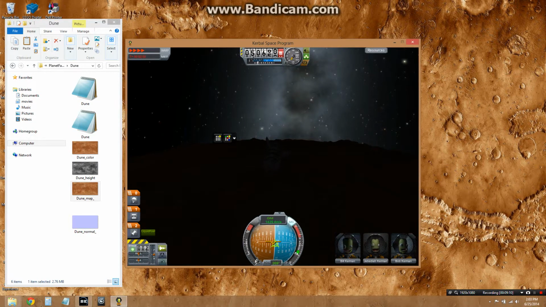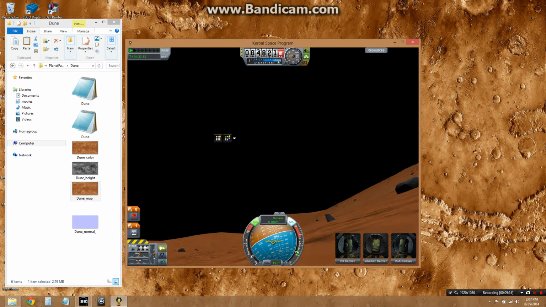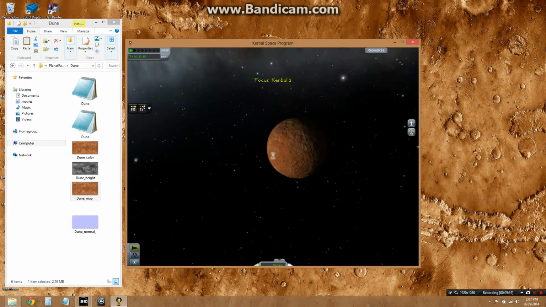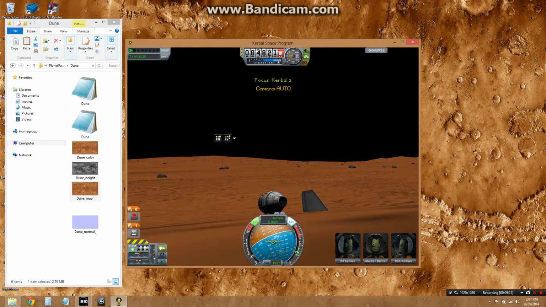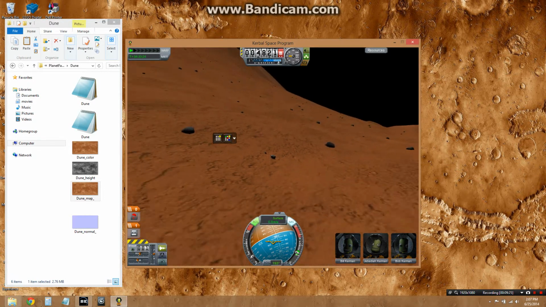Let me pause this. Yeah, so it wasn't a perfect landing, I guess, but this is what your planet looks like. Well, mine does, but